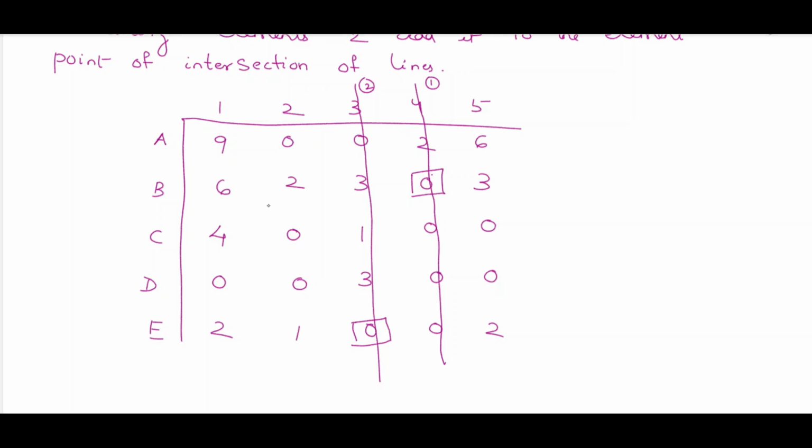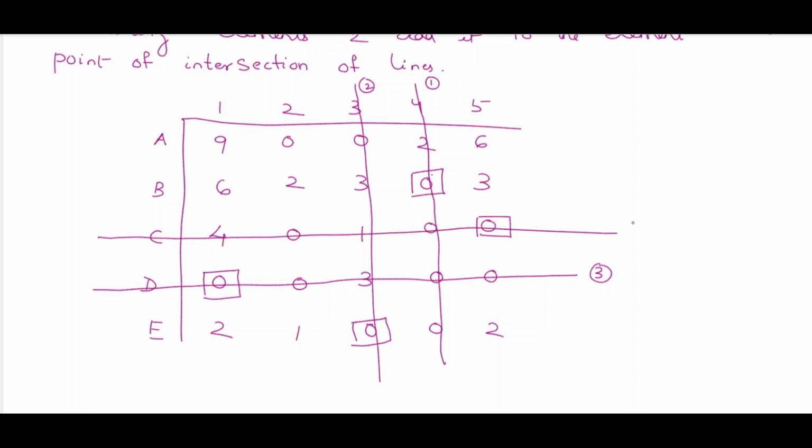So now column-wise scanning. In the first column there is 1 zero. Yes, we needed only 1 zero. So we will mark this 0 and draw a straight line along this row. So it is the third line. Then the second column, 2 zeros are there, so we will leave it. And then this is the third column, 1 zero is there. So this 0 we will circle it. So in the third column we will cut along this row. So this is the fourth line still. Then column-wise scanning we have done.